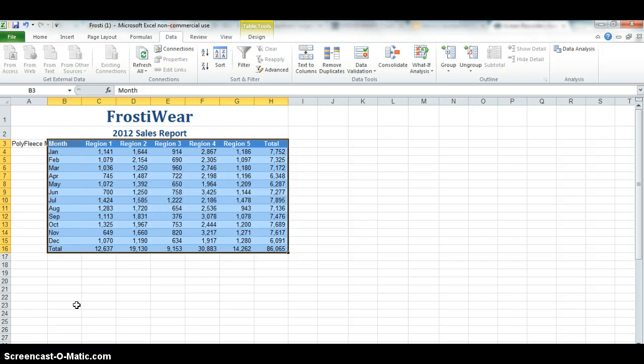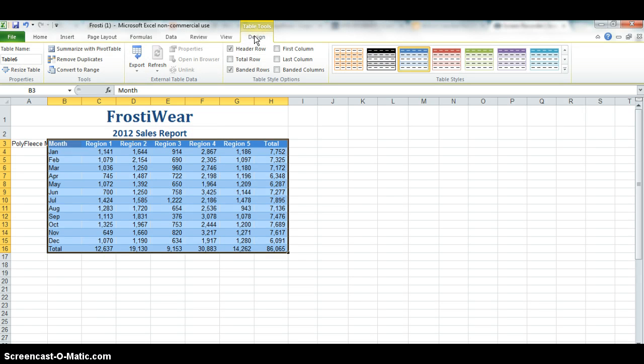I now want to make sure that the header row, the first column, the last column, and the banded rows are highlighted. So I click Design under Table Tools, header rows highlighted, banded rows. I want to click first column and last column to make sure that those 2 columns are also highlighted. I now want to highlight the last row of my table, so I click